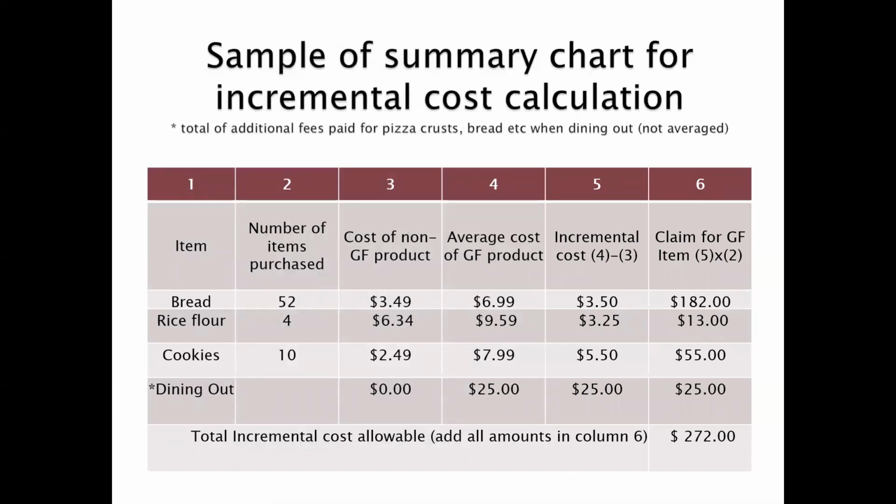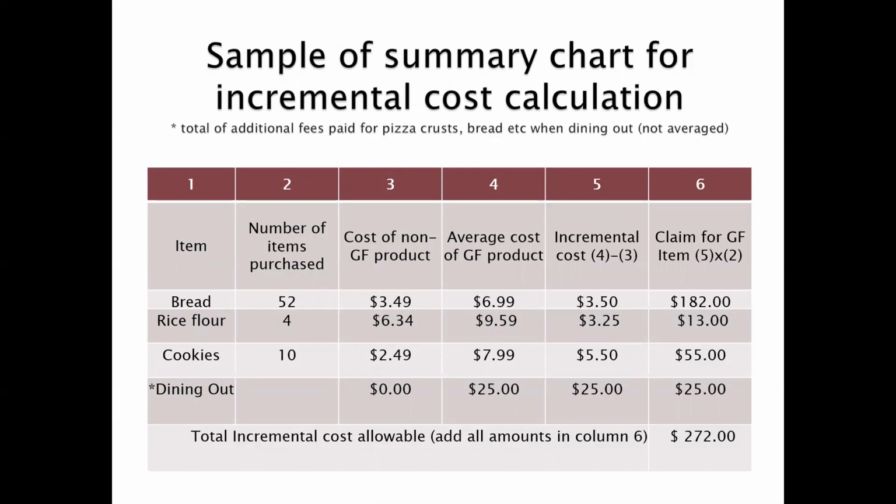There are 6 columns on your spreadsheet: 1 for the item category, 1 for the number of items purchased, 1 for the cost of the non-gluten-free product, 1 for the average cost of the gluten-free product through the year, column 5, which is the incremental cost, the difference between column 4 and column 3, and then column 6, which is column 5, the incremental cost, times the total number of items in that group